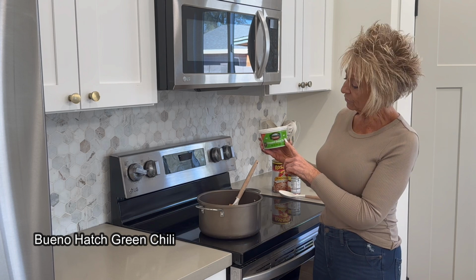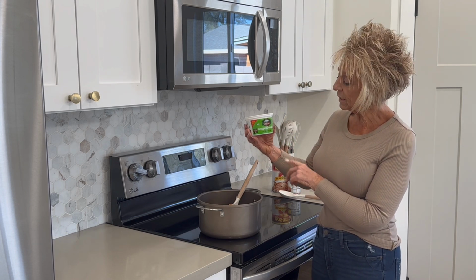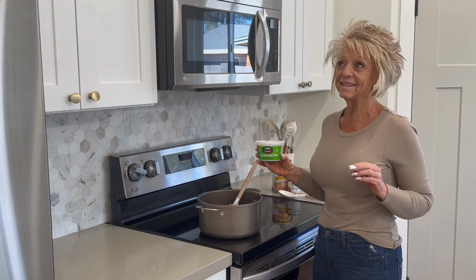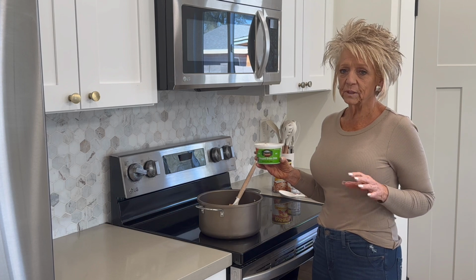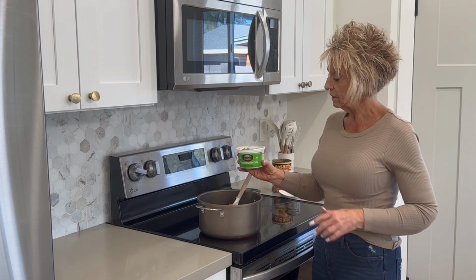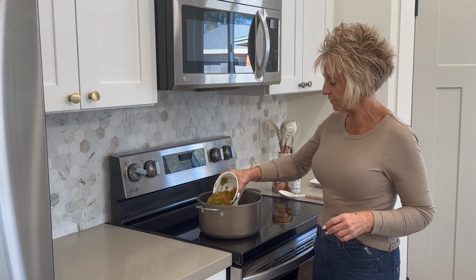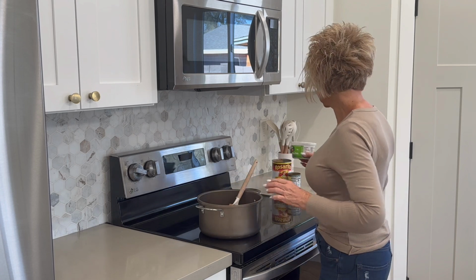This is my ultimate favorite chili. This is called Hatch Green Chili, and it's made by Bueno. And again, I don't get paid to tell you that. I'm going to tell you that it is the best chopped green chili ever. I have been cooking with this chili for like 30 some years, and I absolutely love it. It comes already chopped and ready to go, and I love the juice. It makes the best shredded beef and green chili,